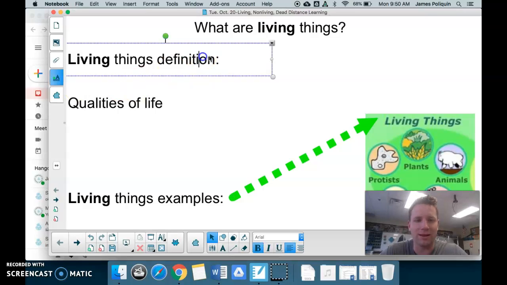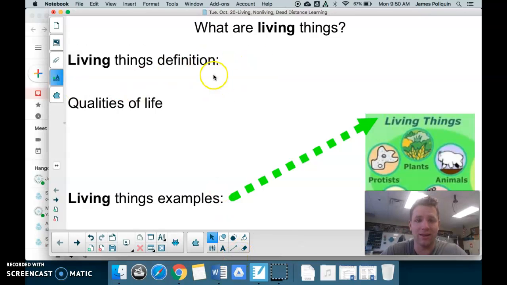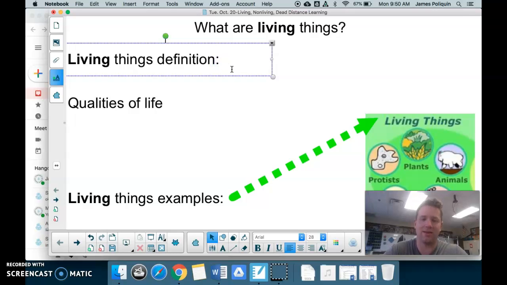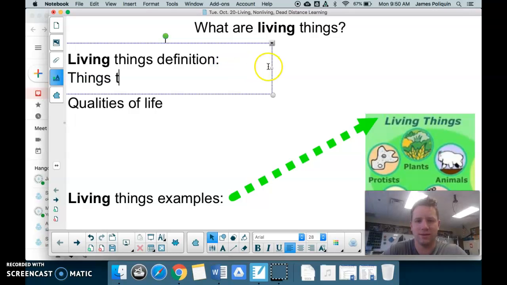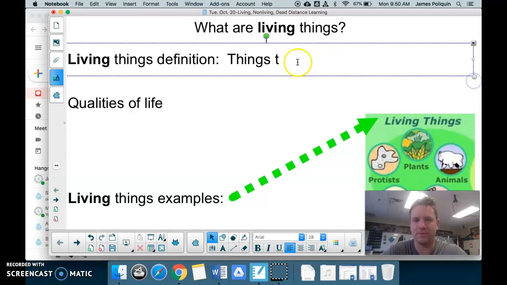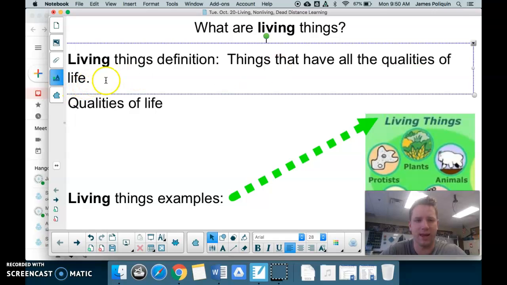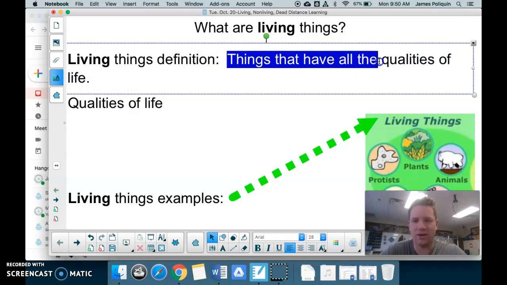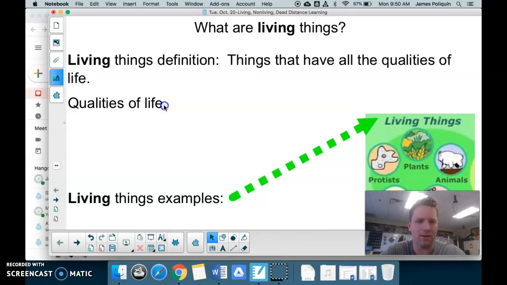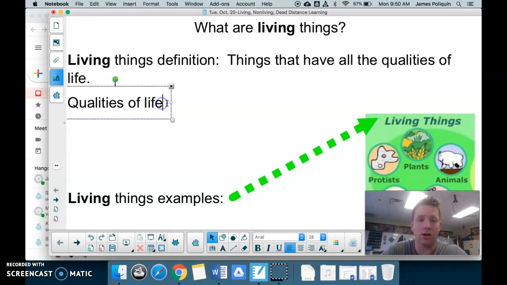So, living things, what are they? Living things are things that have all the qualities of life. Okay? Things that have all the qualities of life are living things. Seems pretty straightforward. But what are some of those qualities of life? Oh my goodness, there are a bunch. One of them is that living things